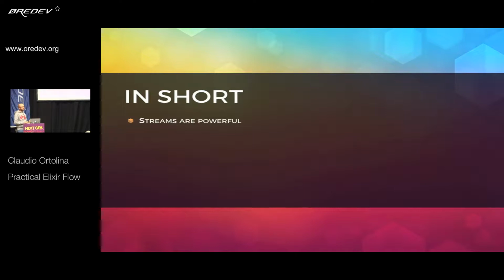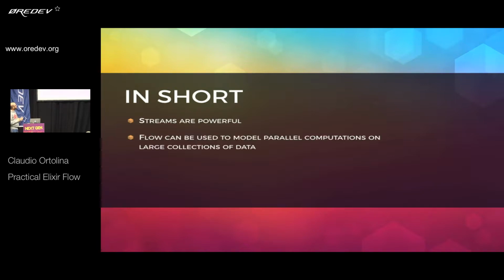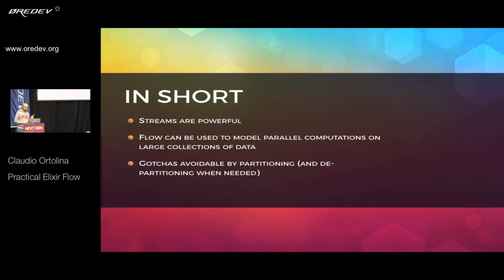tuples, and the list of tuples may contain duplicates. But if you decide to put that inside a map, which doesn't have duplicate keys, the moment you do that with built-in tools, there will be data loss, because keys will be replaced. Values for identical keys will be replaced and not merged. So it's the kind of thing that you have to think about. Otherwise, you will get into a scenario of data loss without even knowing, because the computation will look apparently correct. So streams are powerful, and Flow can be used to model parallelized computations, but the gotchas are important.